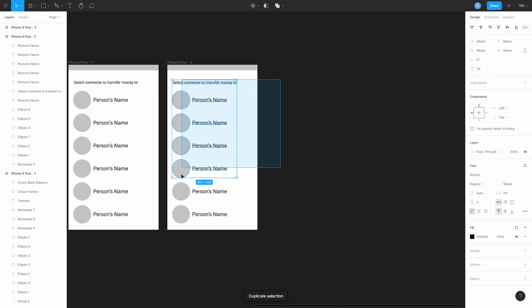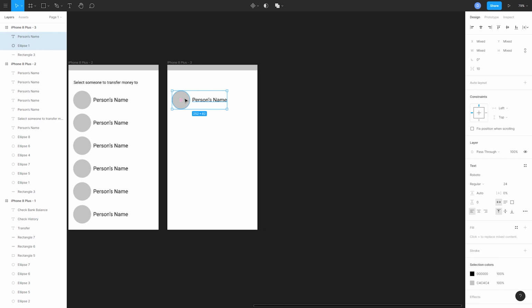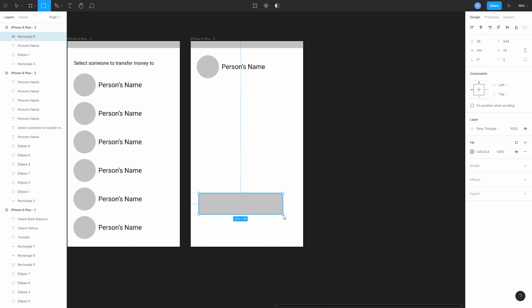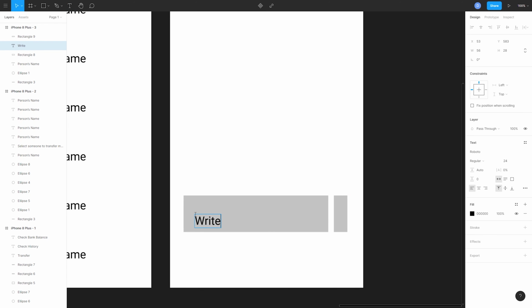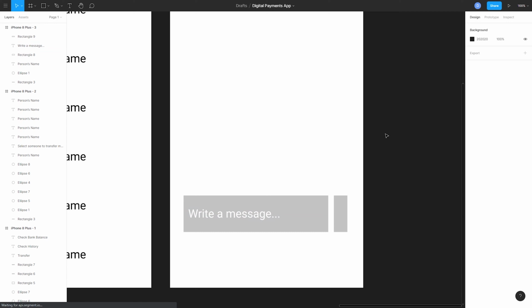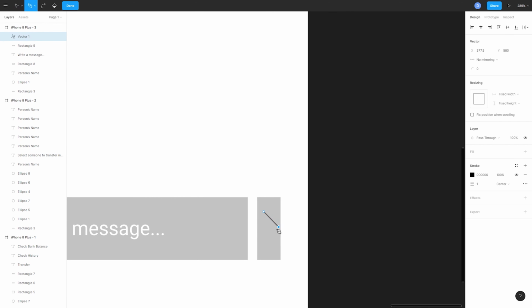So Control D again, delete all of this. I'll move the person's name above because we want to have a chat-like interface. I'll go ahead and add a simple text box here, and again add a button. This will be a send button, so I can write a message dot dot dot, make this white and center it, and I can simply create an arrow using the pen tool